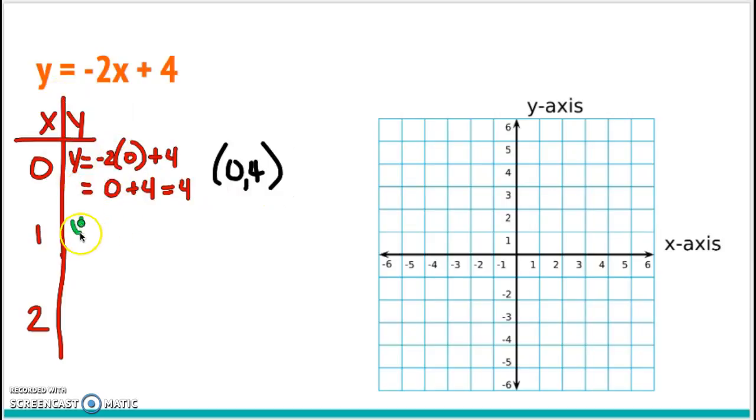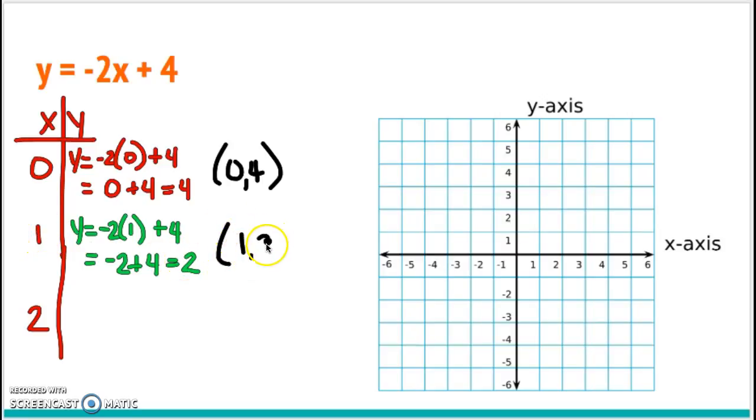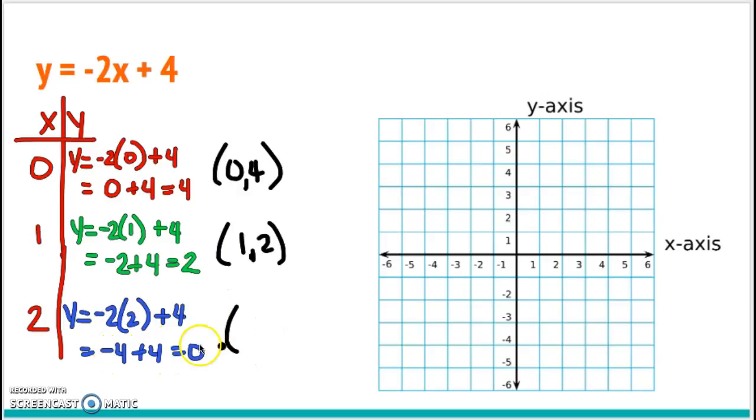Okay, when I plug in 1, I have y equals negative 2 times 1 plus 4. Well, negative 2 times 1 is negative 2. Plus 4 would give me a positive 2. So my ordered pair for this one is 1, 2. And then lastly, when I plug in 2, I have -2 times 2 plus 4. Well, -2 times 2 is a -4. Plus 4 gives me 0. So your ordered pair on this last one,